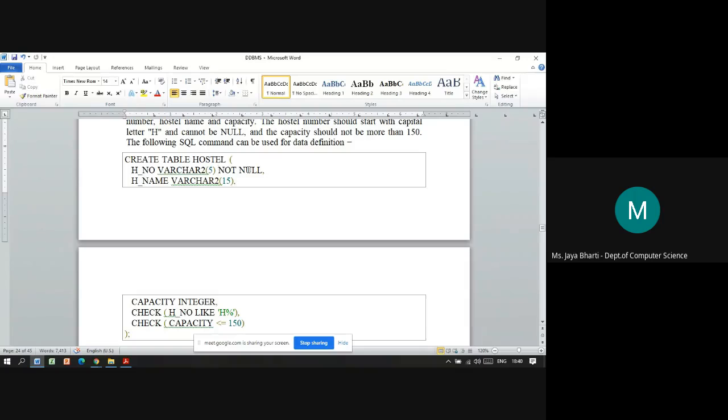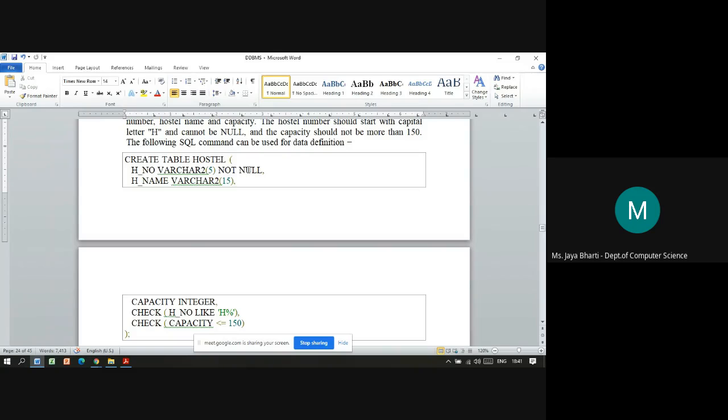So that is the column name first, h underscore name, then space, again specify the data type. For the name also they have specified varchar2, and inside parentheses you can see the character length is 15, because that much long our name generally is, so as per that they have specified 15 as the max length. Now, about hostel number, you must be asking why they have given varchar when it's a number and should be numeric.